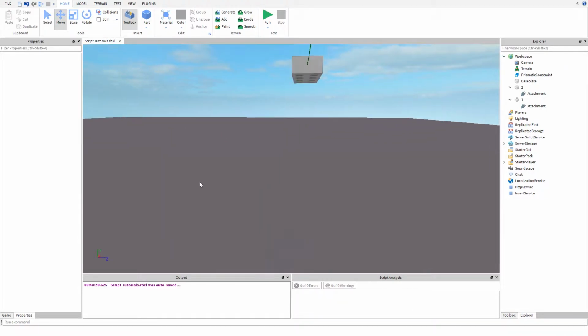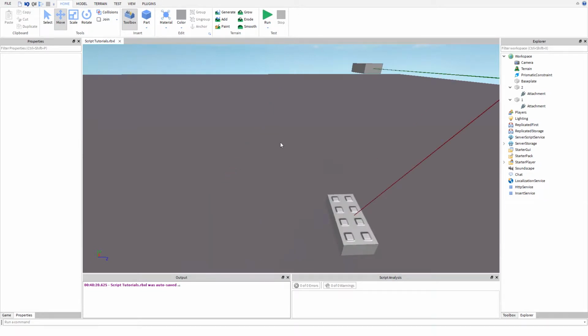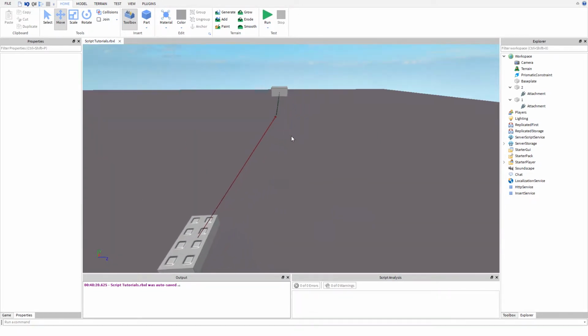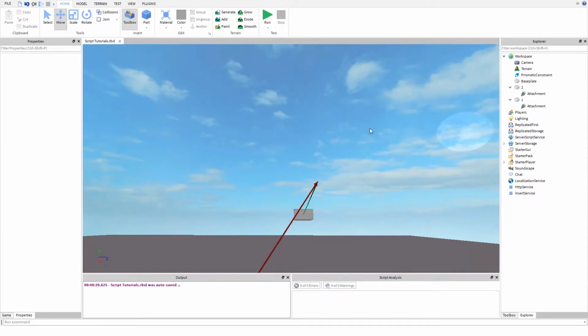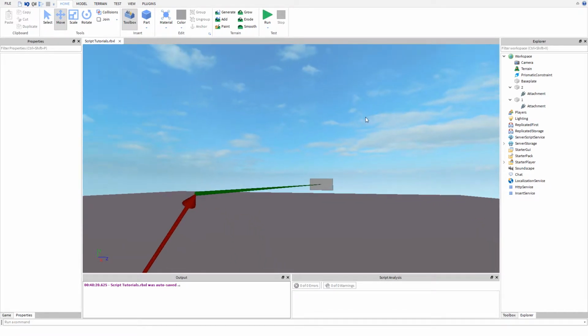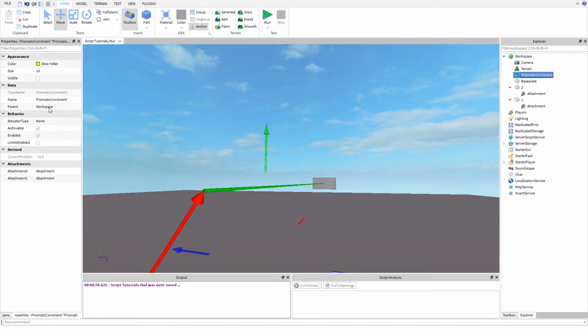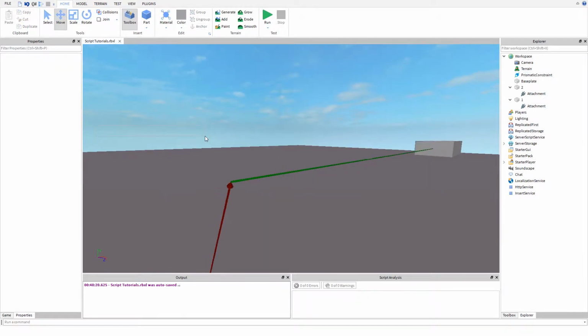Or maybe not a line, but those balls or dots. Wait, is there? No. Nope. Let's see. Yeah, it doesn't have properties that are different from the hinge constraint,